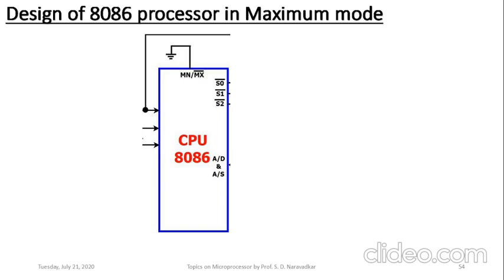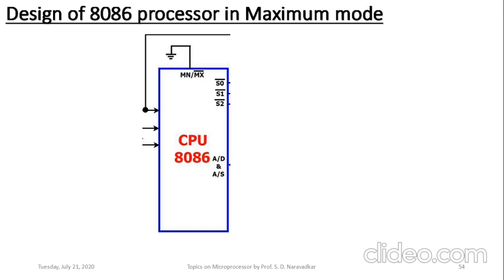Some signals will be coming from the left side from that 8284 clock generator. You can observe it. Here is a clock generator 8284 giving clock signal, reset signal and ready signal. Then this clock generator as usual is connected with a crystal of 15 megahertz divided by 3, so that clock of 5 megahertz will be given to the processor, and also that same clock will be needed for 8288 bus controller. That's why it is passed on.